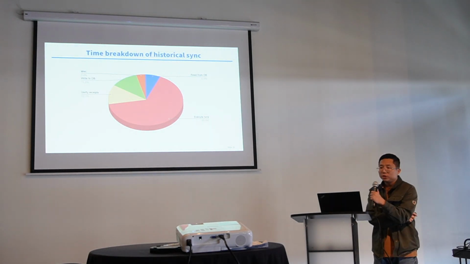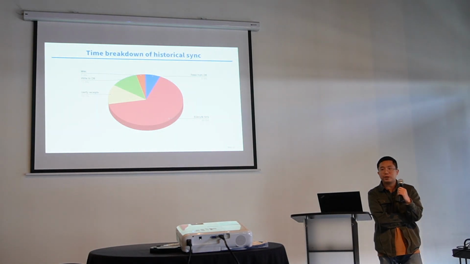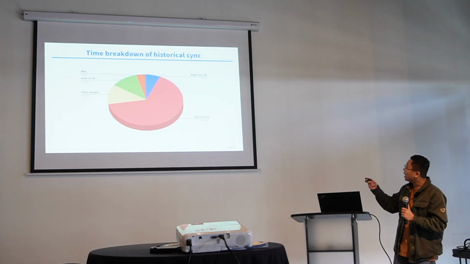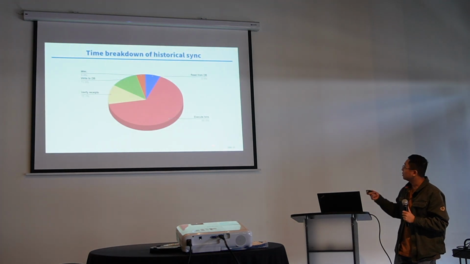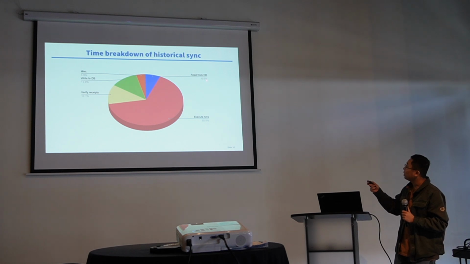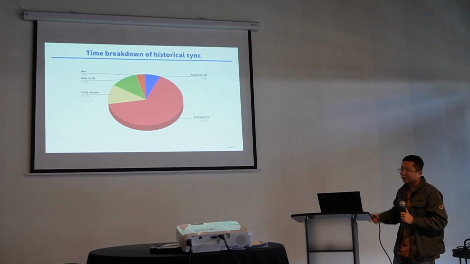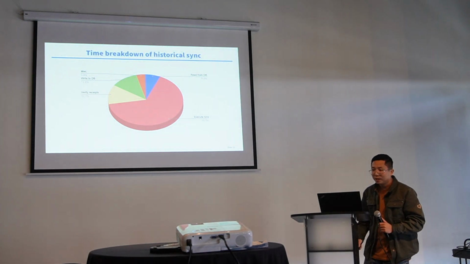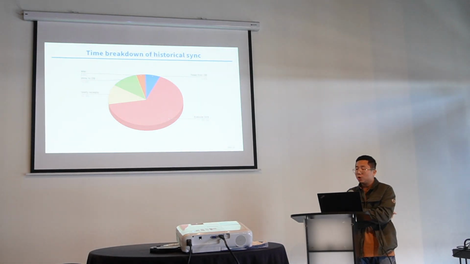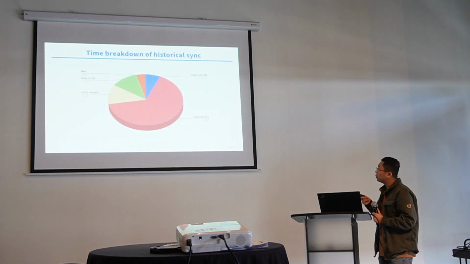So this figure shows the time breakdown of historical sync. The red component is executing transactions, and the others are reading from the database, verifying the execution receipts, writing to the database, and some other steps. If we look at the red component, we can confirm that executing transactions is indeed the bottleneck